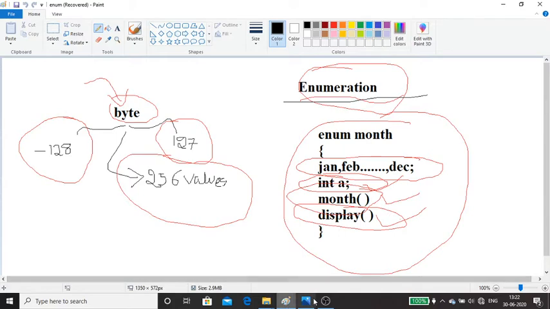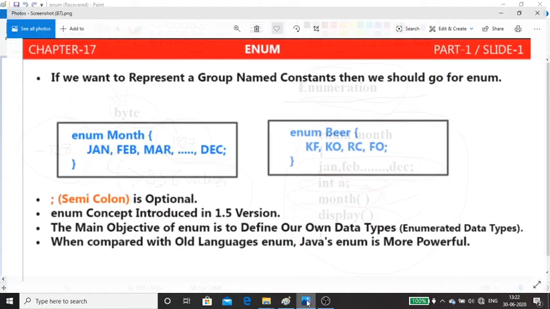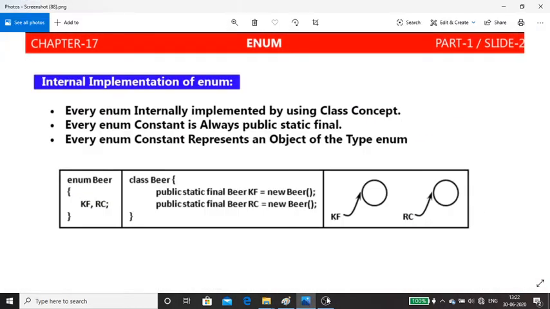Next we will see the internal representation. Suppose I write enum Beer with two named constants, KF and RC. This will be considered internally by Java as class Beer. Even though I'm writing enum Beer, internally Java considers it as class Beer with two objects.